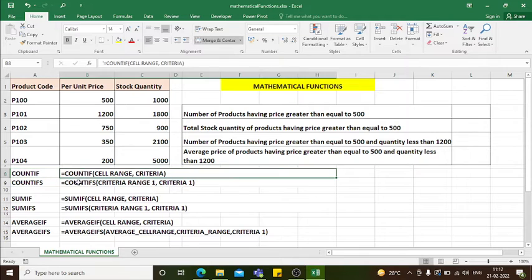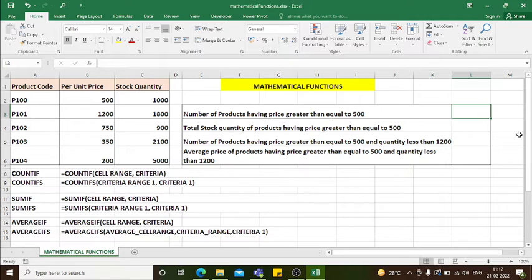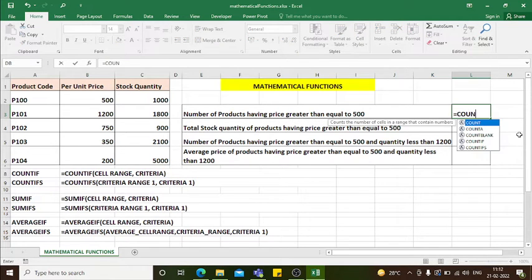COUNTIF is equal to COUNTIF, and within the bracket we need to specify the cell range on which we want to apply count, and the second parameter is criteria. That is, we need to mention the criteria, the basis on which the count function will be executed. So in order to find the number of products having price greater than or equal to 500, I need to write the COUNTIF function here. So let us write the function, is equal to COUNTIF